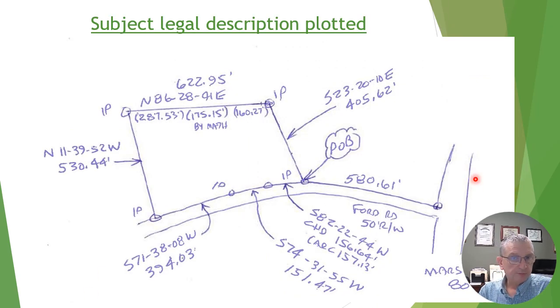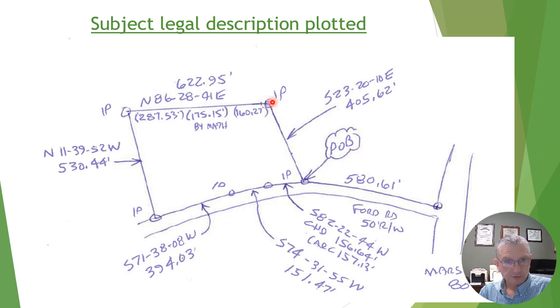Plot the legal description. Same thing as what we've done before. We begin out here on Mars Hill Road. We come 580.61 feet along the north right-of-way of Ford Road, 80-foot right-of-way. And lack of anything else, we come 40 from the center of Mars Hill, 25 from the center of Ford Road, have our point of commencement, measure along that right-of-way, and poof, there we are. So we've got calls around Ford Road,